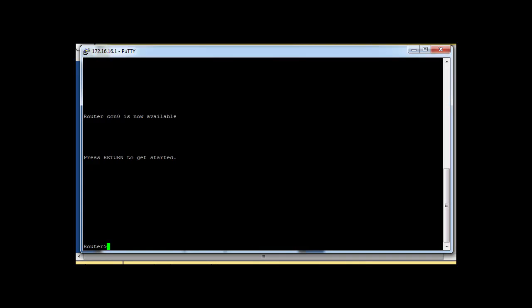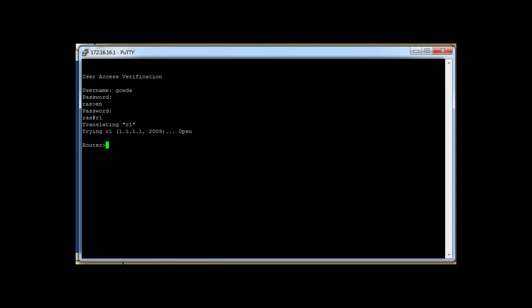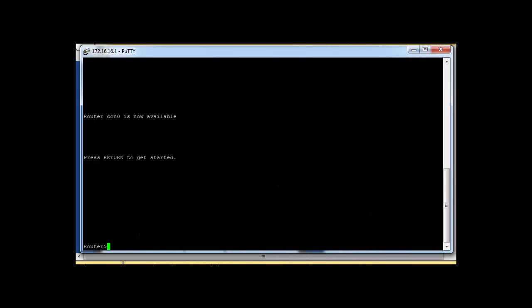See here, all the routers have the host name Router. I will go to my second router as well as my third router. This router also has the host name Router. So it's very difficult to identify a particular router in the network. For that, I will change my host name from the default to some other name.